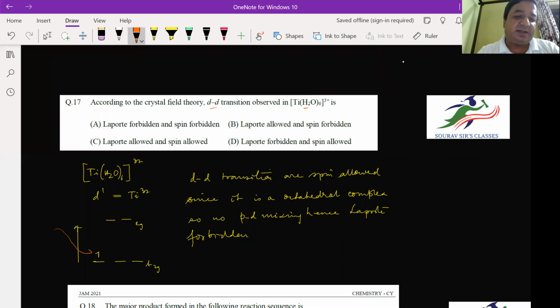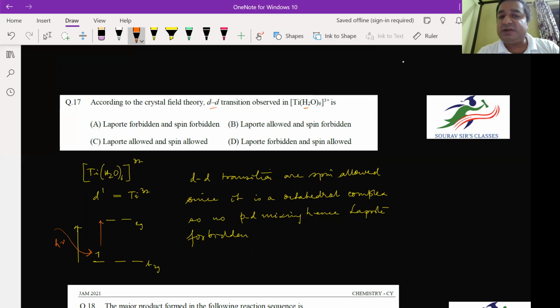So if you have light coming here, that will be promoted to this level. So here we can see the excited state is going to show Jahn-Teller distortion. That is some additional information I'm giving you, for which we know in Ti(H2O)6 3+ we see a shoulder. That is there in the books. You can check out in Shriver Atkins or in Housecroft. However, we can see over here that from a T2g level to an eg level, the transition is happening.